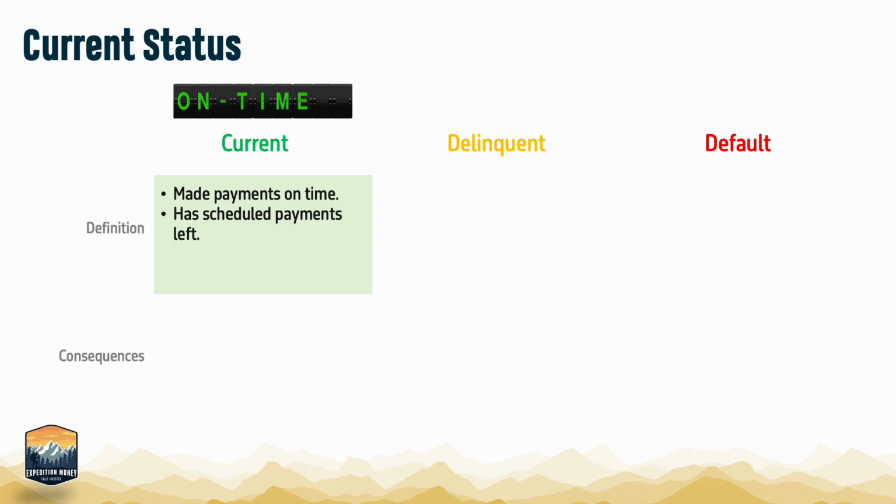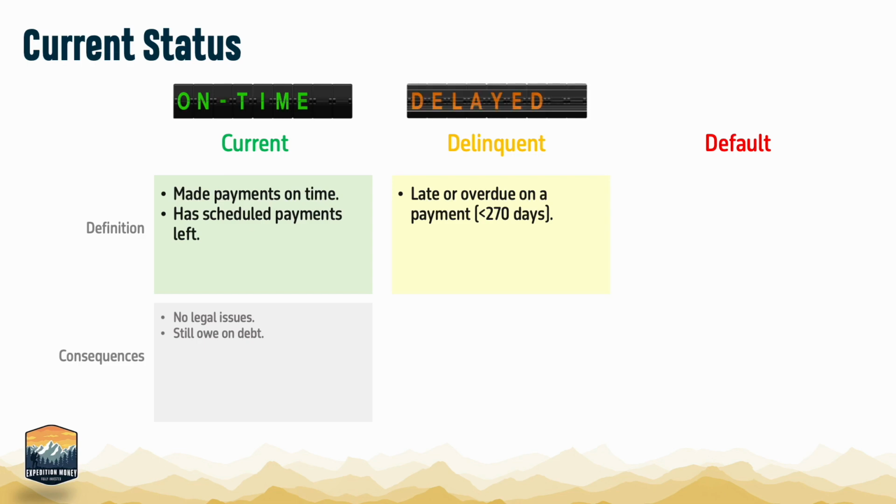Now, there aren't any pressing issues, particularly from our lender, but it doesn't tell us if we're having trouble with the payment or if we're making sacrifices somewhere else. Now, if we start falling behind on payments, we'll first fall into a category called delinquent. It means that we're not behind by more than 9 months and our lenders still consider us responsible and expect payment. But we're in a category of being delayed on our payments. The consequences here are that we're probably getting charged late fees, and those late payments might be reported to credit bureaus.